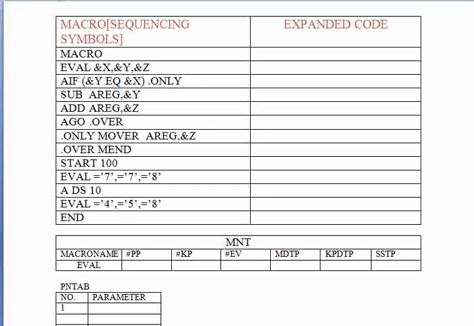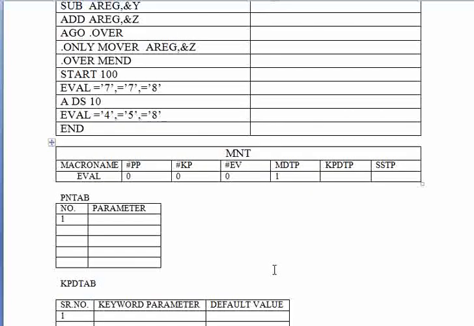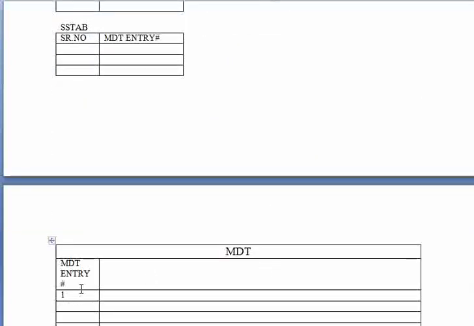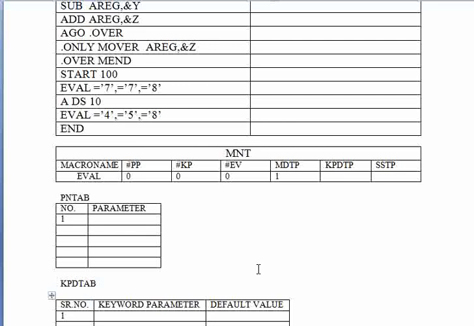Then we fill these fields within the MNT. #PP will be 0 initially, KP will be 0, #EV is 0, MDTP is 1 because our MDT is at index 1. The body of this macro EVAL would be placed from index 1 in our macro definition table.